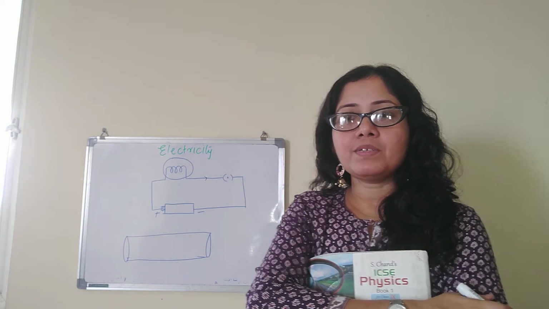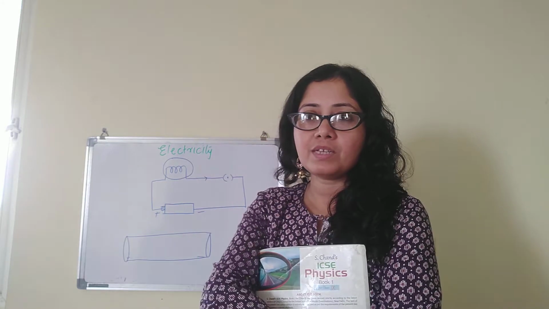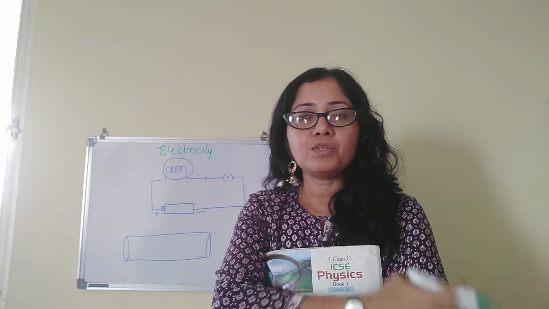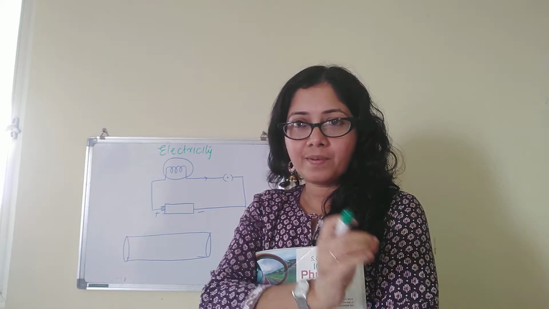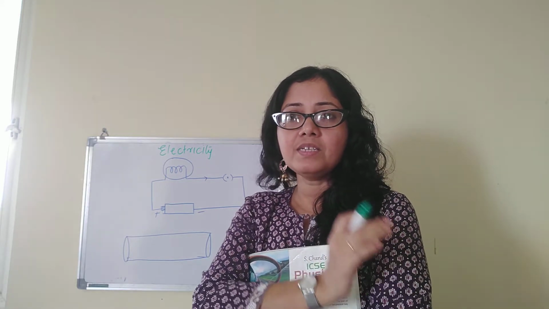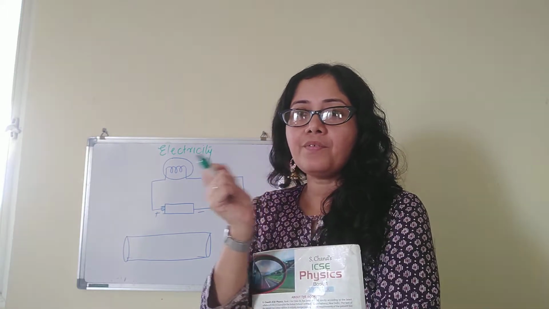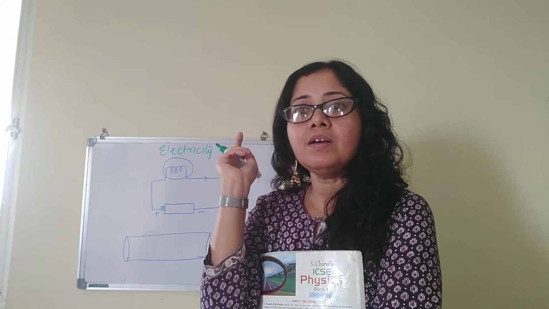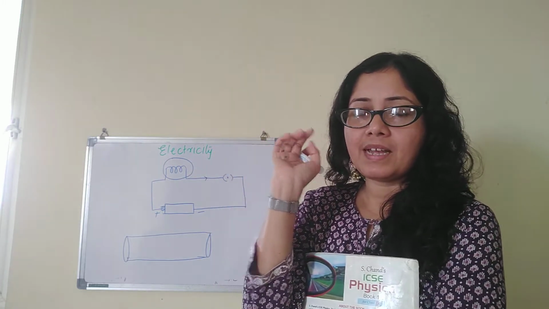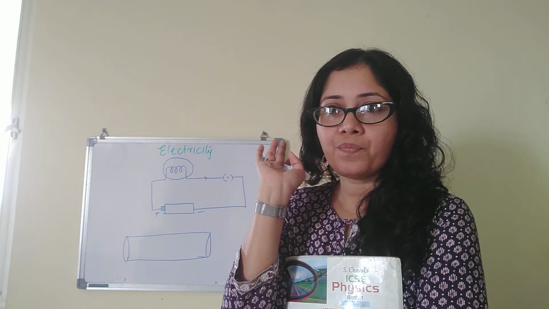And from the power stations it comes via the transformers, and then it comes to the mains of our house, and from there through the wire the current is flowing, and whenever I am switching it on, the current is flowing to the bulb, let us say, and the bulb will glow, right?